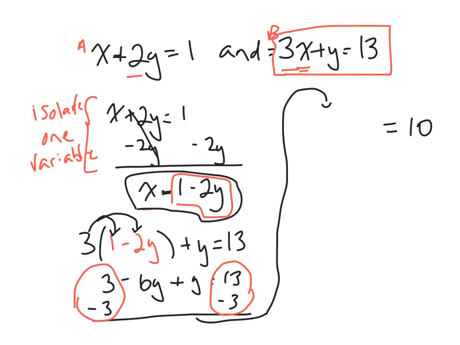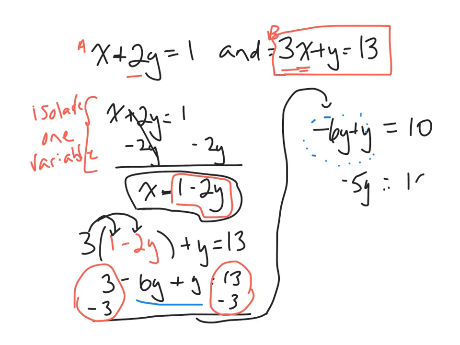And then what remains is negative 6y plus y. So I can now collect my like terms, and these two terms are like terms. Negative 6 plus 1 is negative 5, and y equals,